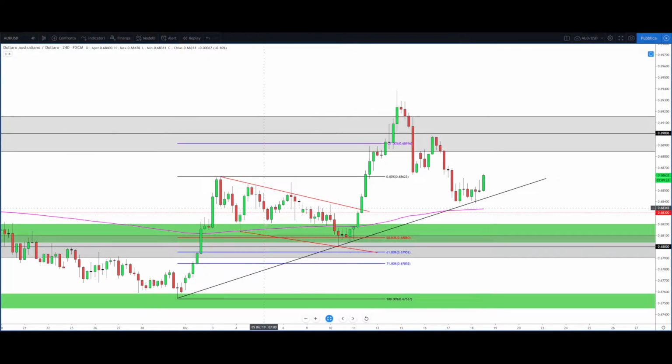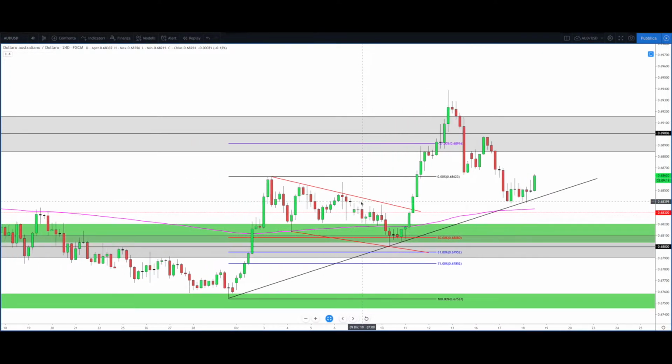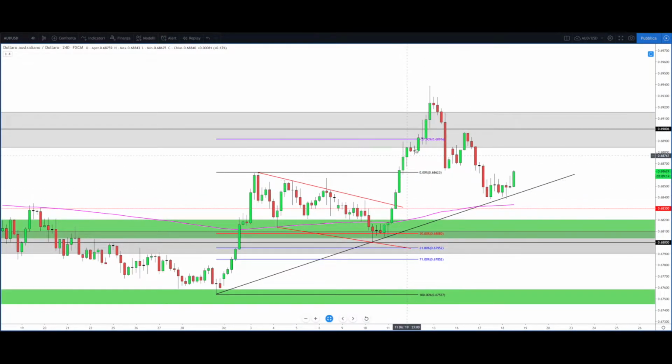After this clear bullish signal and this bullish engulfing candle that gave us the final confirmation for this setup, the price started a strong bullish movement that brought it to break the key level 0.69,